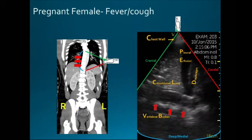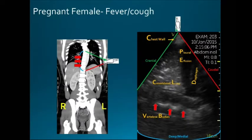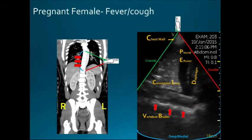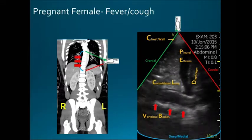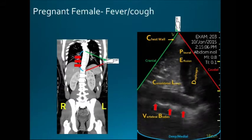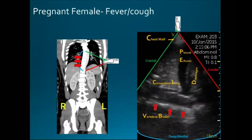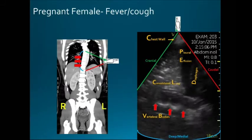This is an unfortunate case of a pregnant woman who came in with fever, cough, and productive sputum, shortness of breath. And the suspicion for pneumonia was pretty high, but she had a negative chest X-ray. And then she was very hypoxic. And because of this, she went on to have a CTA, because they were concerned that she had pulmonary embolism, and the X-ray didn't show a pneumonia. And so this poor young woman, she was like 22 or something like that, had a full-on CT scan while pregnant